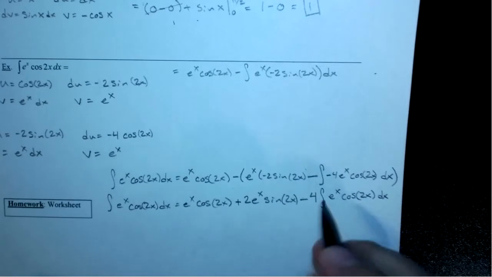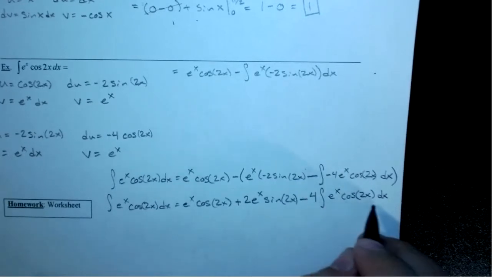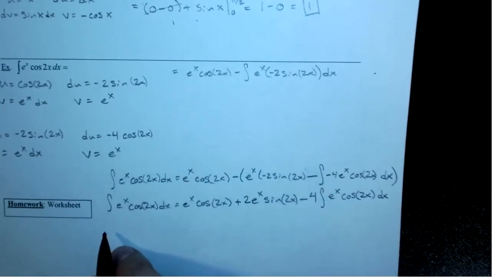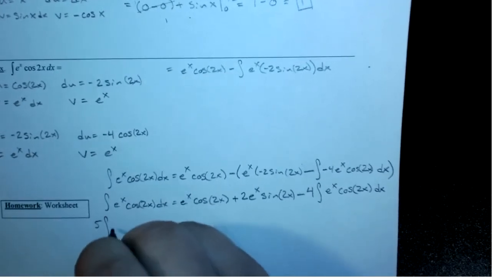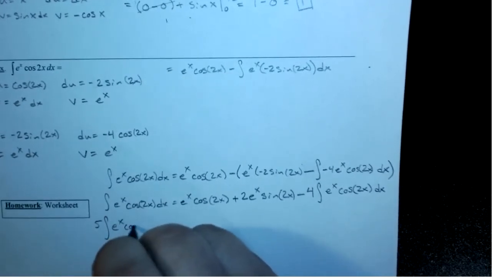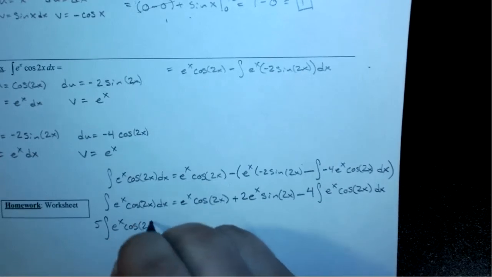So algebra would tell us to add 4x to both sides. So we would get 5 times the integral of e to the x cosine of 2x dx is equal to e to the x cosine of 2x plus 2e to the x sine of 2x,